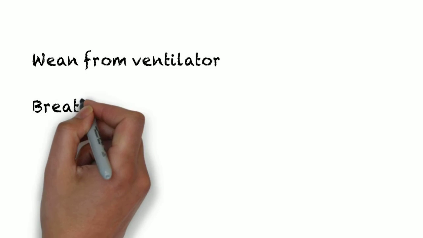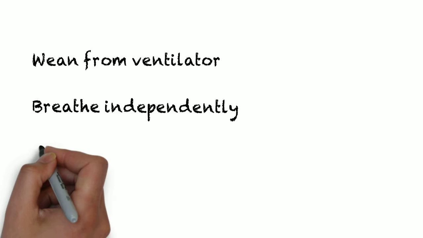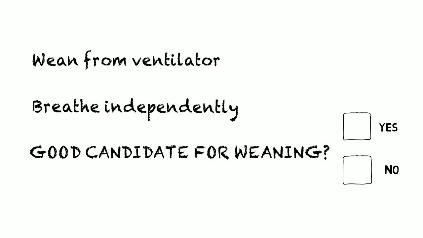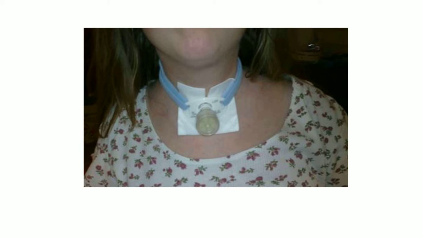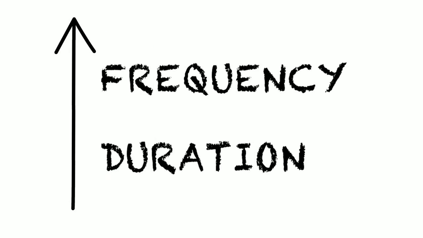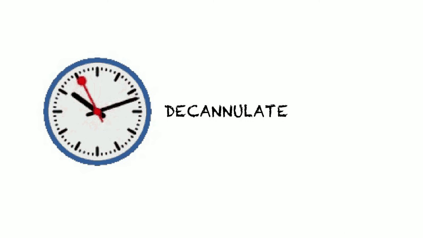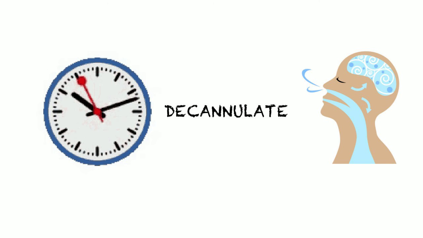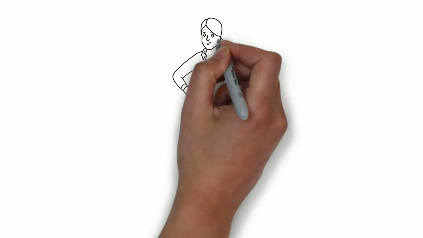The healthcare team's main goal at this point is to wean John from the ventilator and have him breathing independently. To accomplish this, the physiotherapist completes a respiratory assessment and determines that John is a good candidate for weaning. They begin spontaneous breathing trials by occluding his tracheostomy with a cork, forcing John to breathe on his own. The frequency and duration of these trials are increased gradually as John can tolerate. After 2 weeks of ventilator-free breathing with no signs of respiratory distress, John's tracheostomy is removed, and his breathing is done independently and voluntarily.